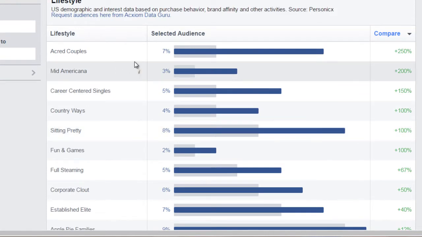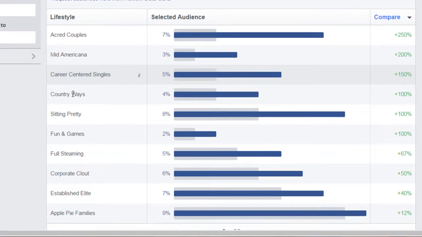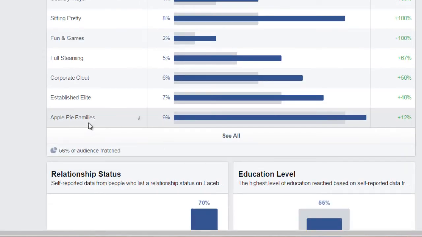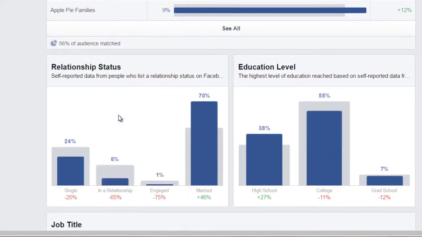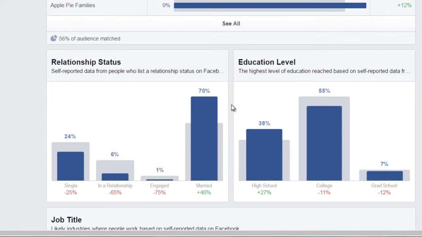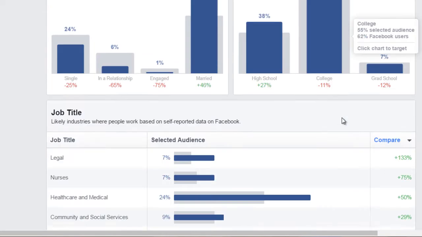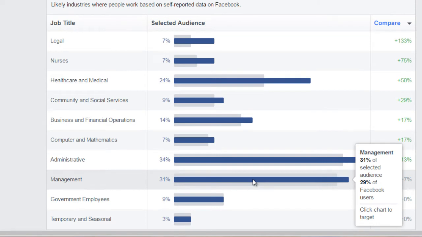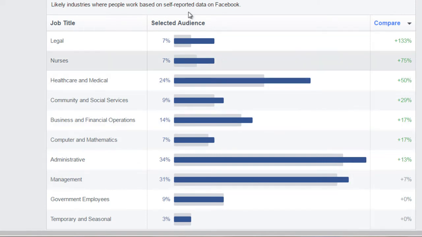So I can see that age bracket, their lifestyle, and I could easily go to pages that are related to this lifestyle. I can see the majority of them are married, education level, and job title.